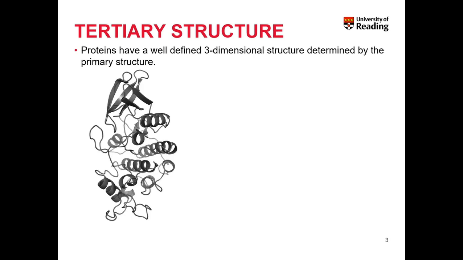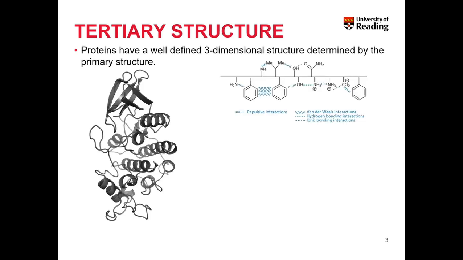So proteins have a very well-defined three-dimensional structure, and this is based on their primary structure and the interactions between the amino acids. Now, tertiary structure looks solely at interactions between the amino acid side chains. And so the amino acid side chains can have lots of different interactions, and they can either have positive or binding interactions, or they can have repulsive interactions. And both attractive and repulsive interactions play a role in determining the three-dimensional structure of